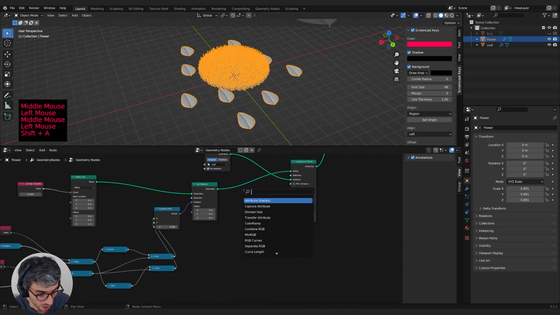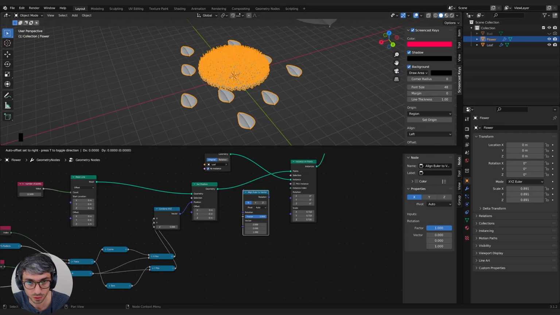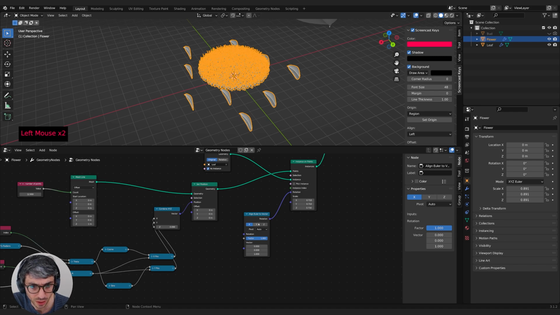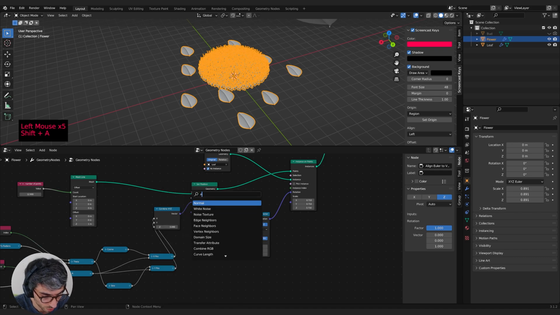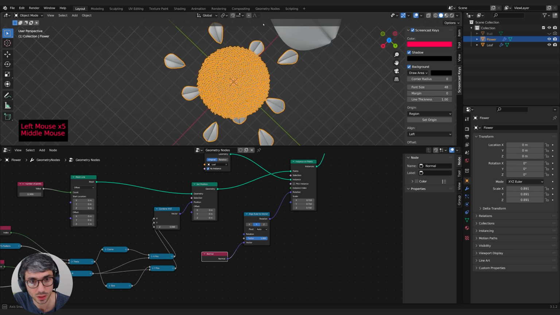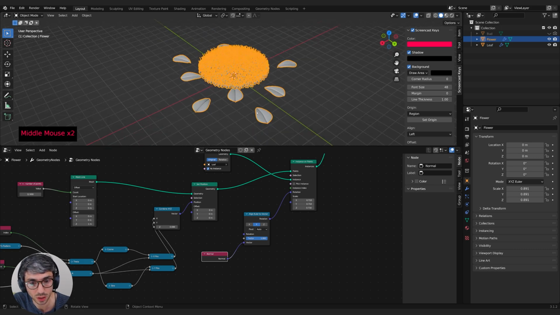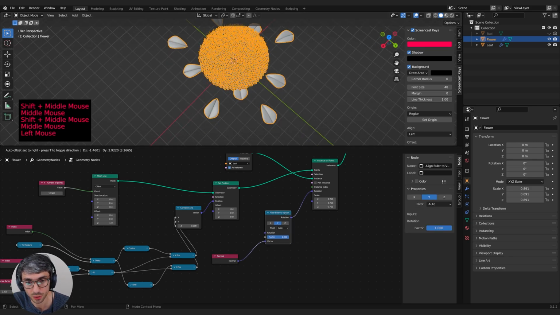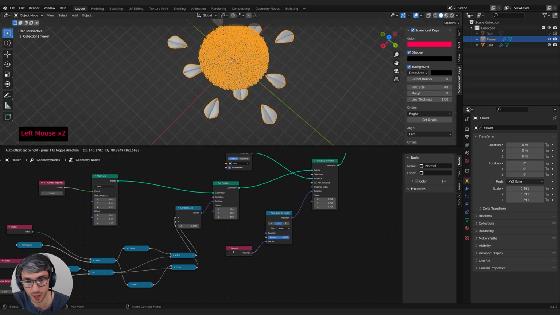All right, let's see, Align Euler to Vector is the special node we need to use. We're going to plug this into the rotation. And we are going to use Z, and I'm going to grab a normal node. We'll keep it on X actually. And I'll plug that into the vector. And then let's just cycle through these to find the one that works. Y looks like it's good, it's just the wrong rotation. All right, great. So this is working with the Align Euler to Vector set to Y, but they're facing the